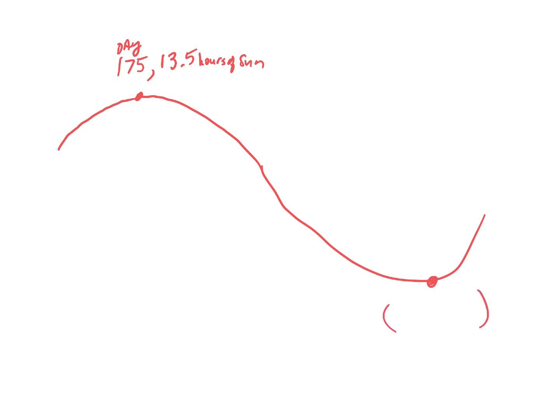What day might that be? Well, do you guys know what time of year we get the lowest amount of sun? Yeah, in December, so it's got to be around 330, which is probably the beginning of September, because it goes to 365, right? Okay, so let's say it's on day 340 of the year. We get a really low amount of sun. Let's say it's 9.5 hours of sun.